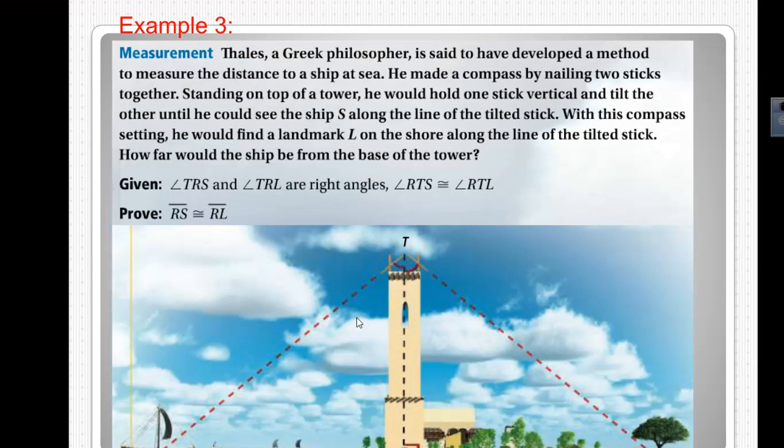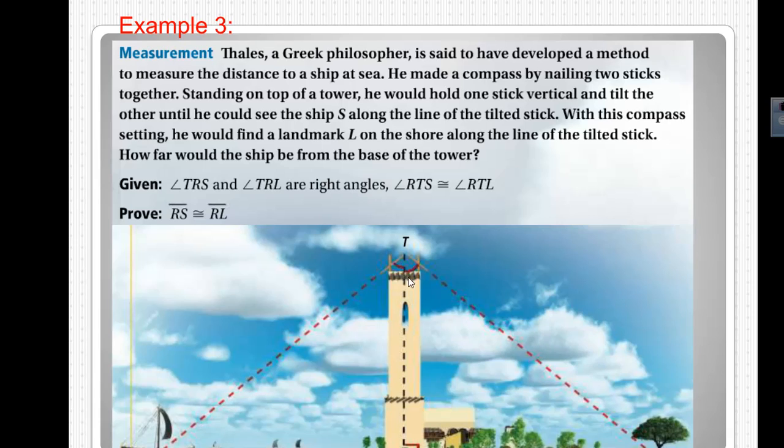All right, let's take a look at this next one. So, Thales, a Greek philosopher, is said to have developed a method to measure the distance to a ship at sea. He made a compass by nailing two sticks together. While standing on top of a tower, he would hold one stick vertical to the ground, and the other he would hold out till he could see the ship. So once he could see the ship,